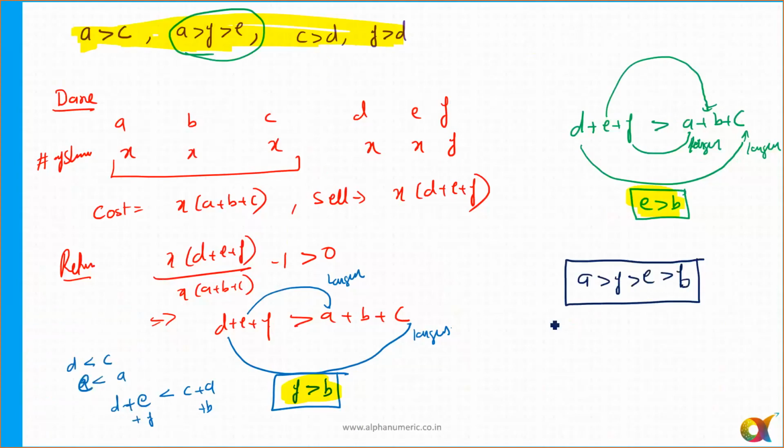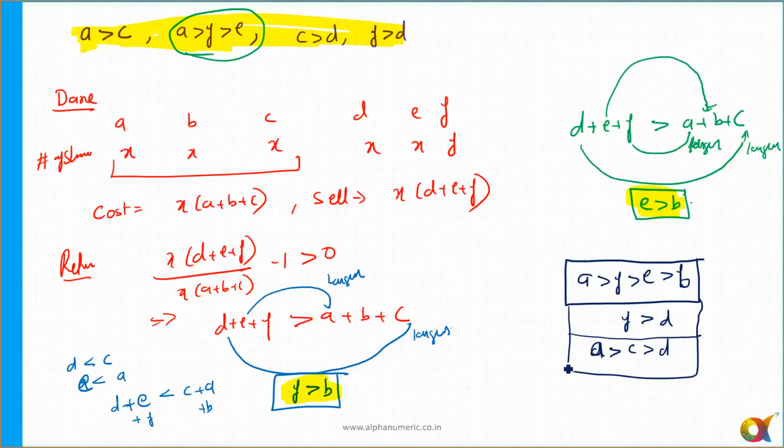What else do I know? That F is greater than D. We also know F is greater than D also. Okay. We also know that C is greater than D and A is greater than C. So these are all the final pieces of information which I have got. Any doubts to anyone now? Please tell me. All of you please respond. No. Let's move to the questions now.